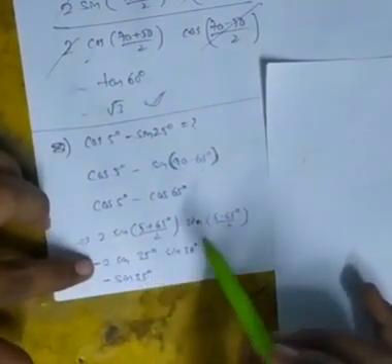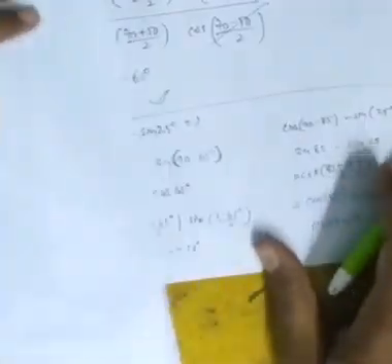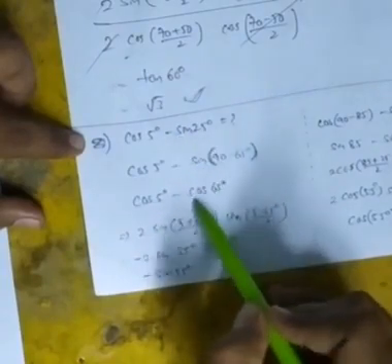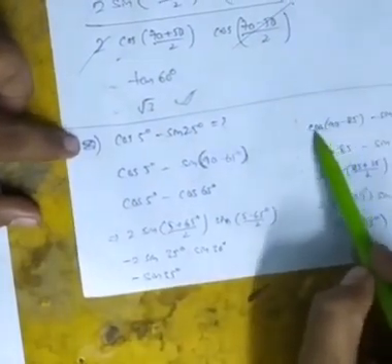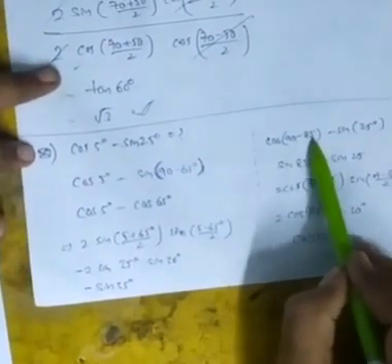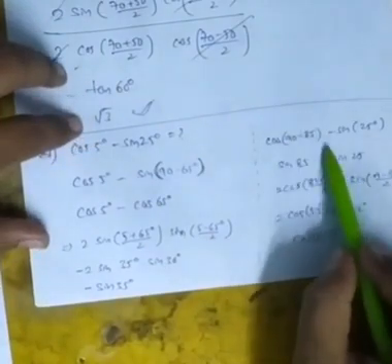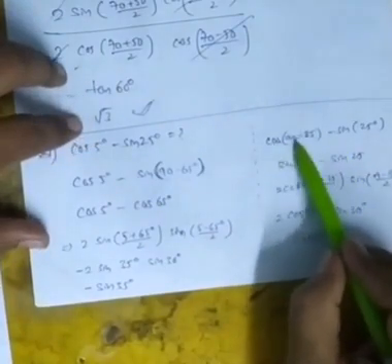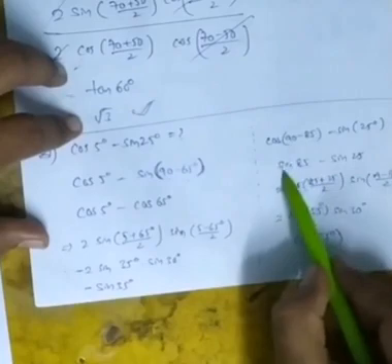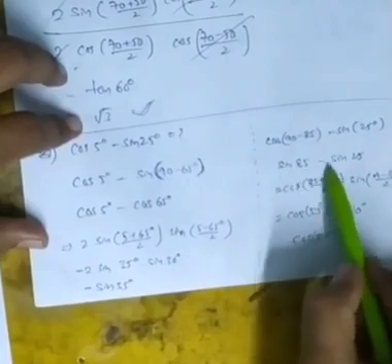So that is our first method. The second method goes like this. As we first changed the second term, sine to cos, here we are trying to change the first term, which is already cos. So 5 degrees can be written as 90 minus 85, and cos of 90 minus 85 is cos 5. So cos 90 minus 85 minus sine 25. Cos of 90 minus theta is always sine theta. We are left with sine 85 minus sine 25.